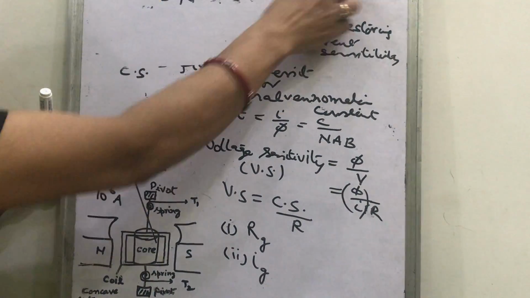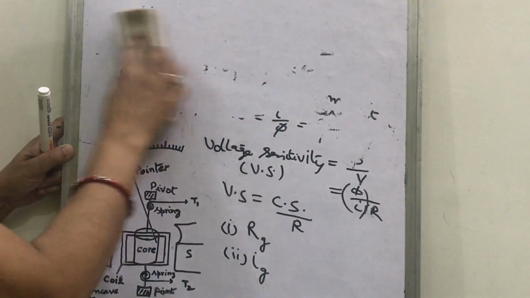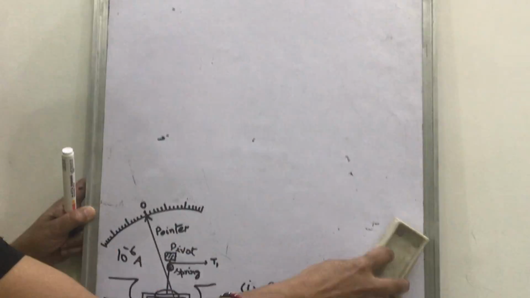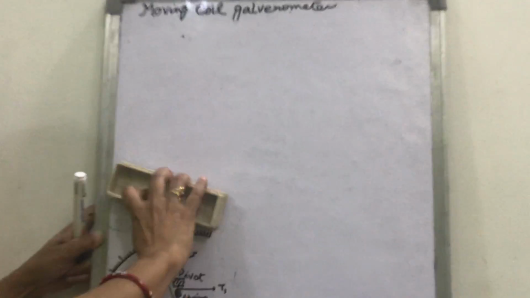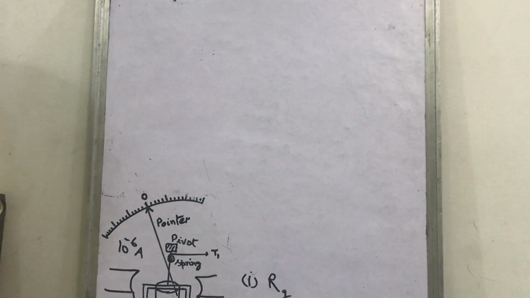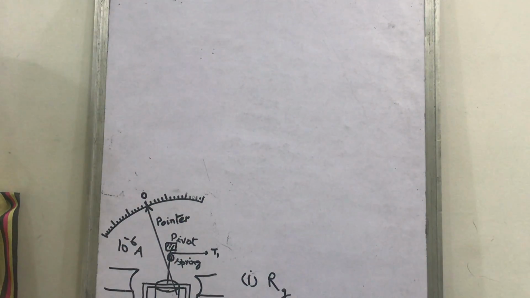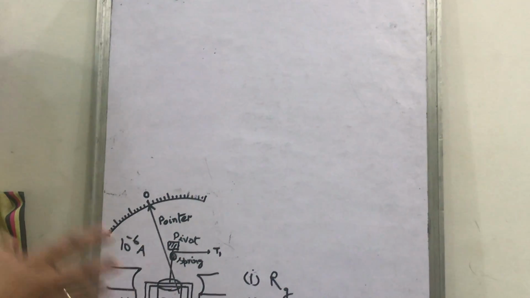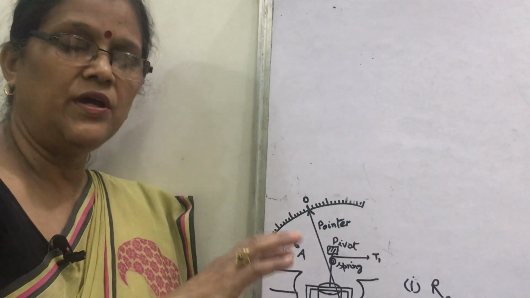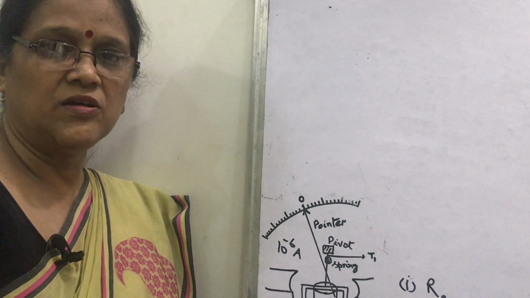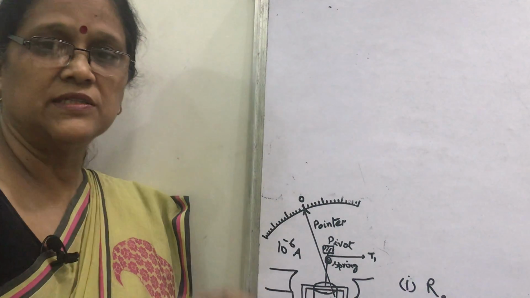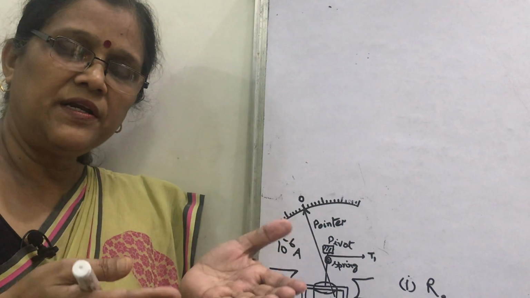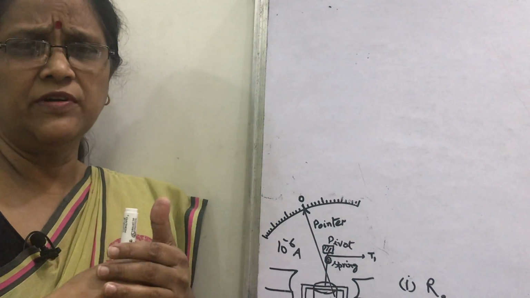Now how is the galvanometer converted into an ammeter and voltmeter? Look, from previous knowledge you will know the ammeter. What is an ammeter? An ammeter is a device to measure the current in a circuit. So if there is a current carrying circuit and you want to measure it, you have to connect an ammeter. In what way will you connect it? Your wish is to measure the current flowing in a circuit, so the total current should pass through the ammeter. How will you connect it? In series. These are the viva questions.